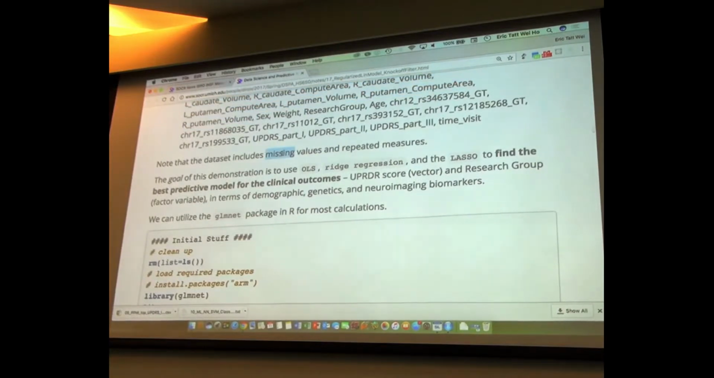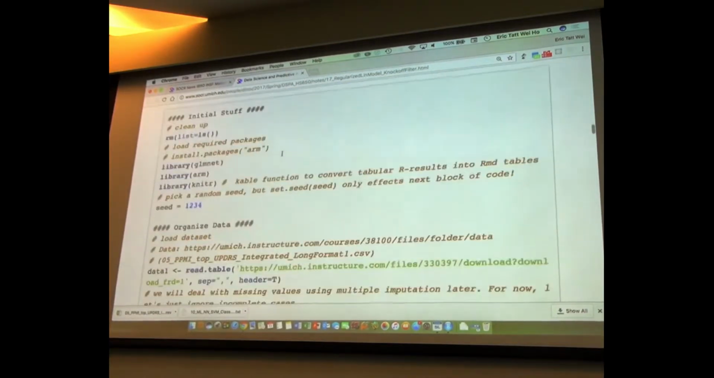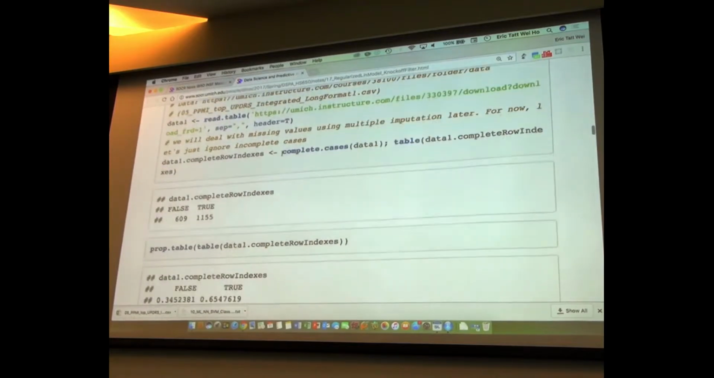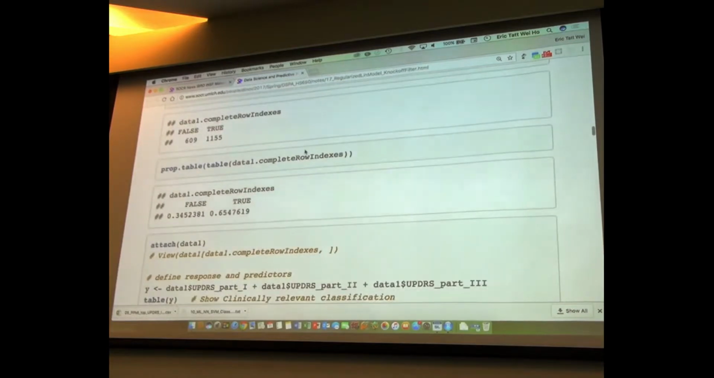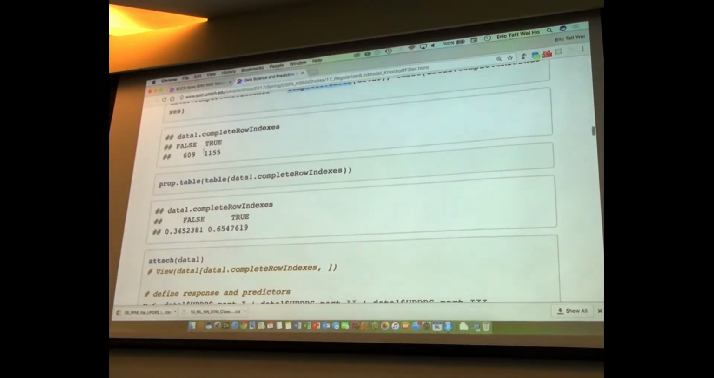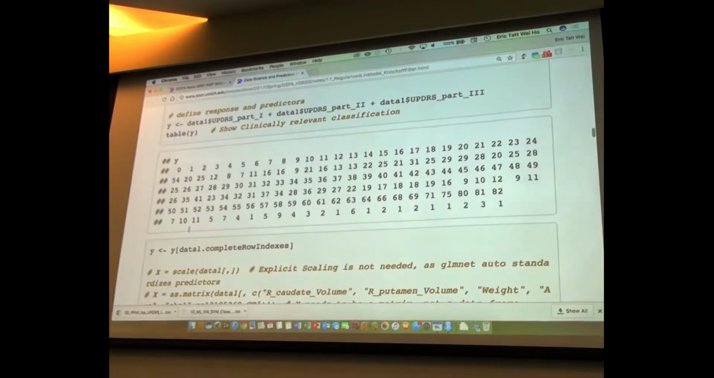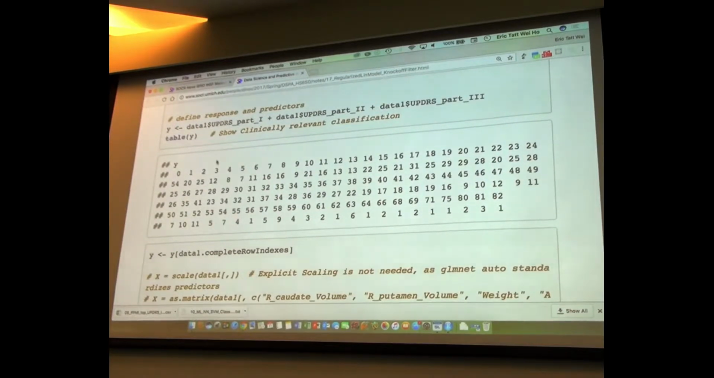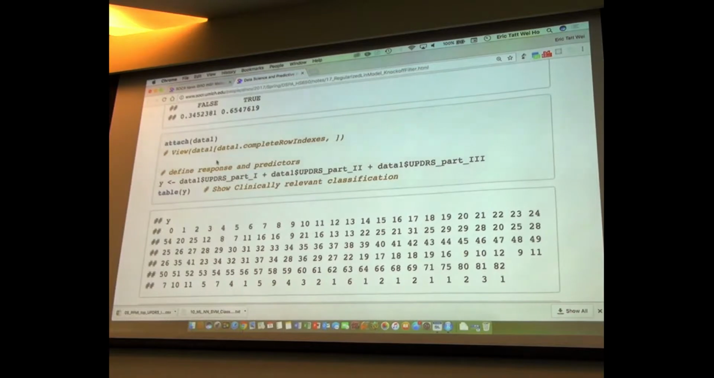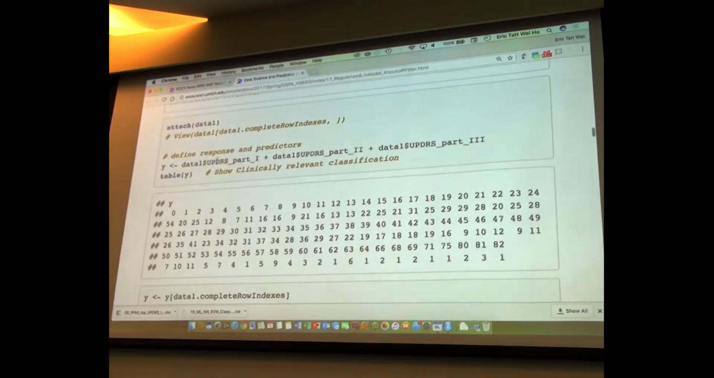There are missing values in this data set. So what we are going to do is load it in, extract the complete cases, and then do a little bit of reporting, apparently 34% or so of the data might have missing values. And suppose you want to predict, so in this kind of situation, okay,